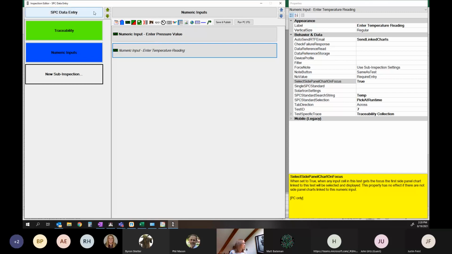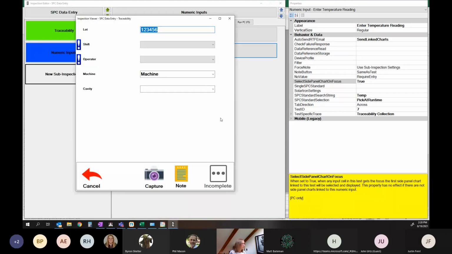So I'm going to go ahead and run this program. I have my lot, it's remembered from last time. I've got my shift required, my operator. And if you notice here, and if we have time, we'll talk about it, I only have a couple options for my operator. We'll get to that in a second. Machine,